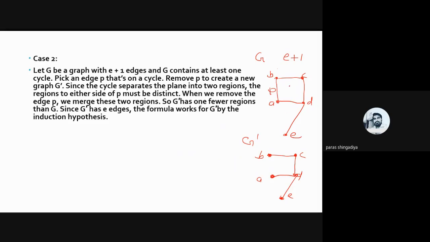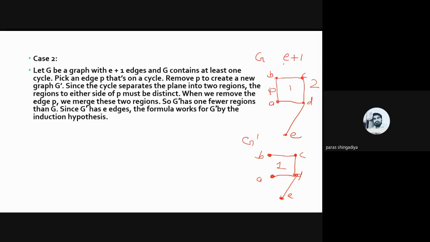The first graph contains two regions because there is one cycle there. Inside there is one block, and the second one is for the exterior. So this contains two regions. When we remove the P, region 1 and region 2, because 2 is exterior and 1 is interior, will both be merged. So the second graph G dash contains only one region. Okay, so from this data,